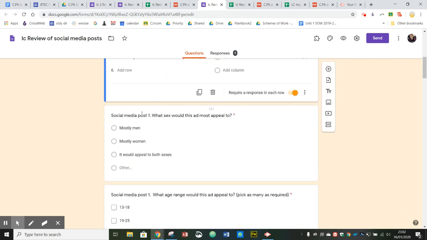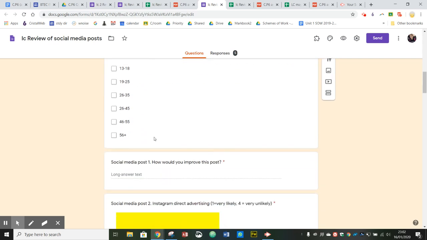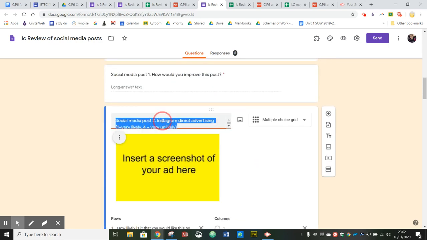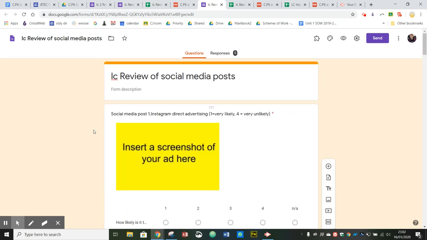Then you've got other questions, leave that in, and this is the most important one when you're gathering feedback. Do the same for your second post. Again, this one might be, I don't know, a Facebook status update or something else. So you change the text to describe what you've sent out. You fill that in, send it off, and again, you want to get as many people as you can to